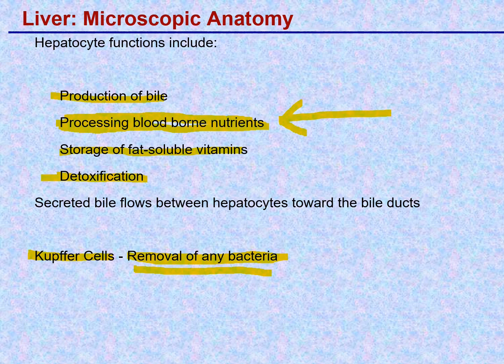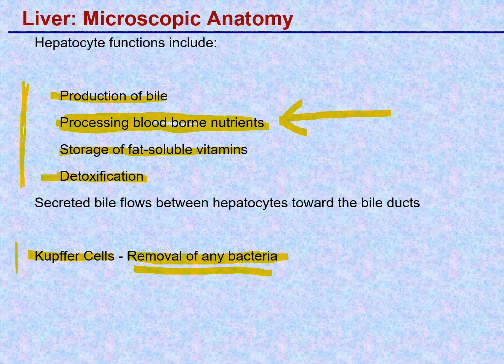All right, so nutrients are picked up from the gut. Food is digested, broken down by hydrolytic enzymes, then absorbed across the simple columnar epithelium into the blood vessels in each of the villi, and then that blood, which is venous blood, flows back, and before it goes back to the heart, it first goes through the liver, where it gets processed in all these ways, and Kupffer cells present